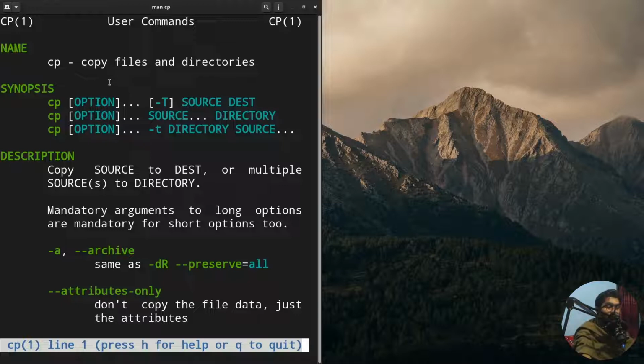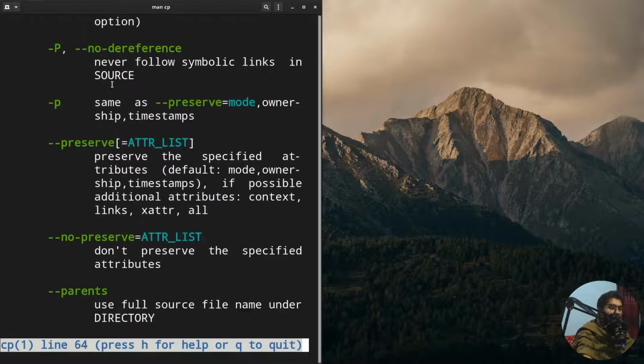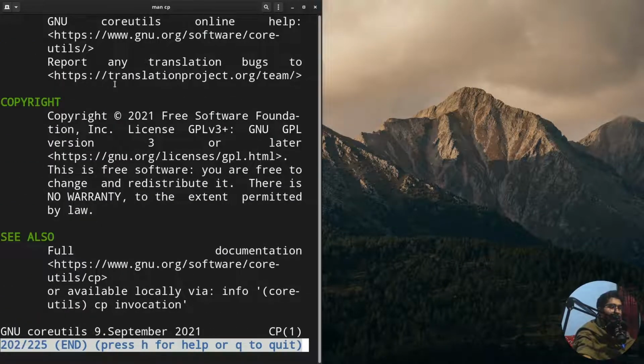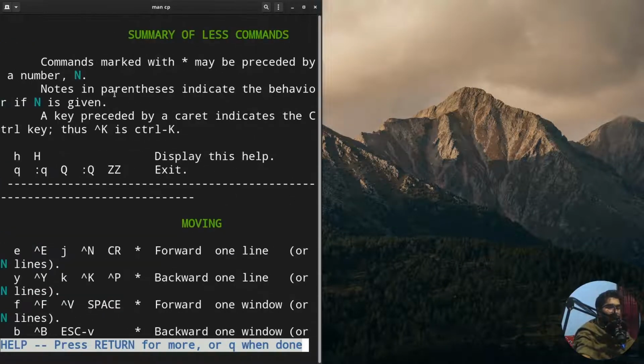The manual will simply show you the function of a particular command and what options you can use with that command, and you can also go for more help and you can see that we have a lot of options in the cp. Okay, you can see more if you want for the help. Alright, so I think you just got the point,